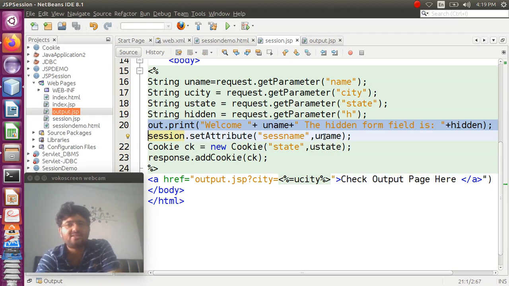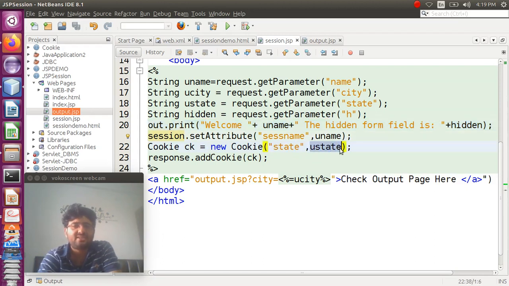So in this case uname contains ABCD. Okay, and next we have created the cookie named state, and its value is whatever the user has entered. In this case the user has entered Maharashtra. So I have created one session, one cookie object, and then I have added the cookie in the response.